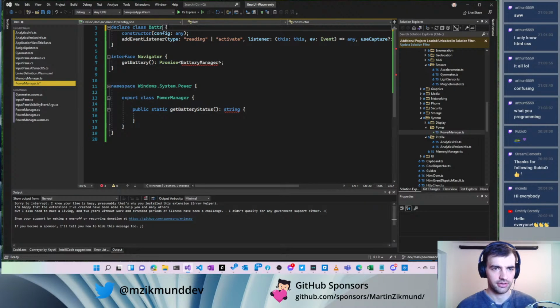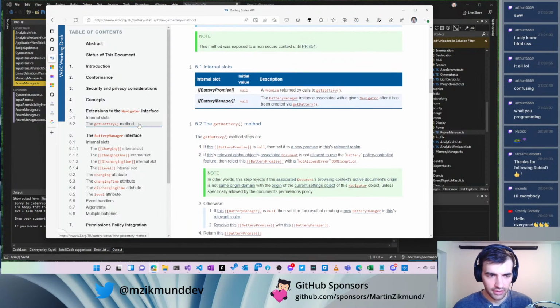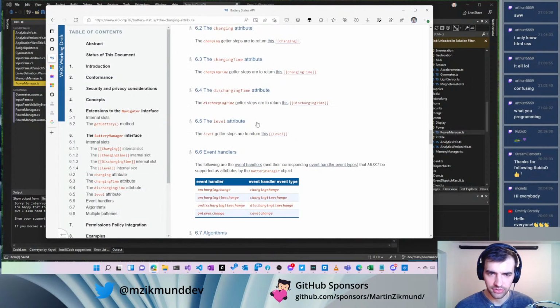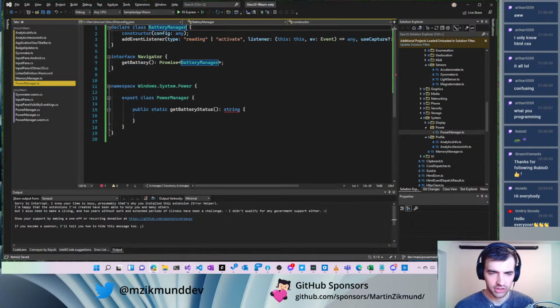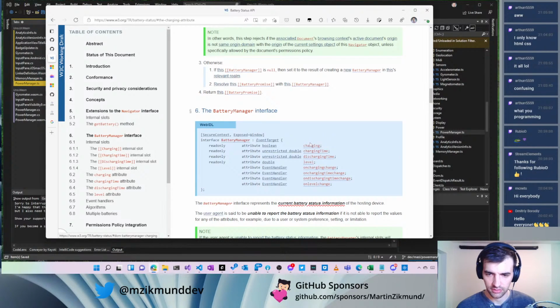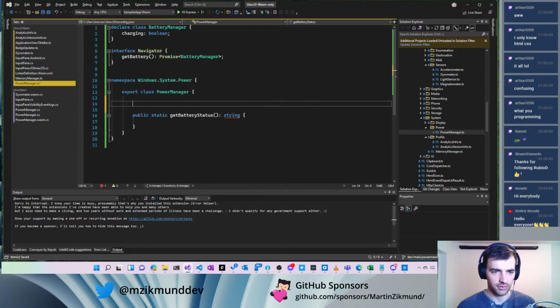Battery manager. So this class has a charging attribute, right? So charging, boolean, and we'll be able to retrieve it. So we'll create a static property